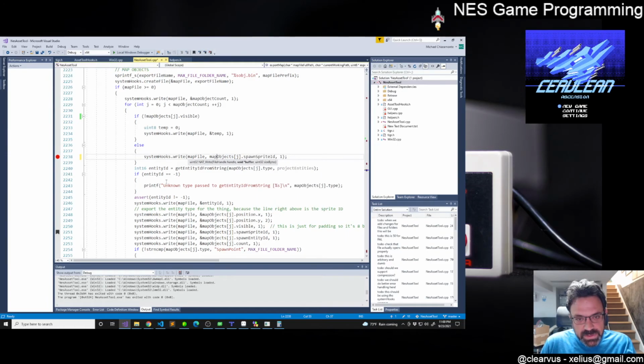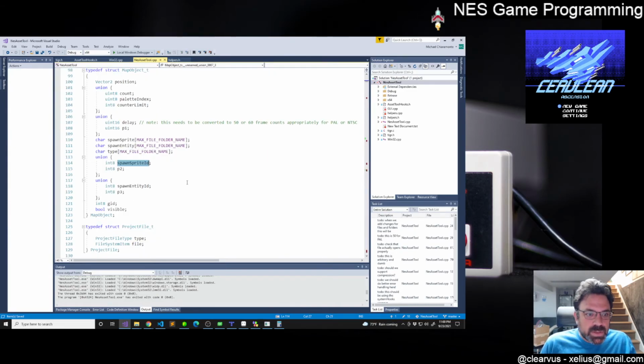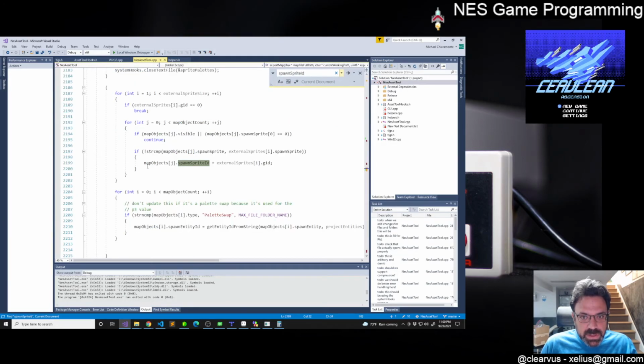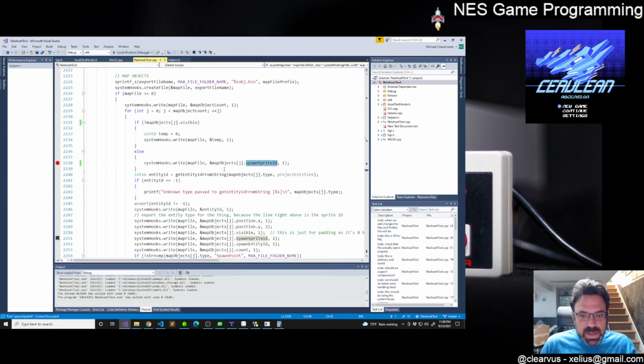So we'll say just use that. It'll be doubled because we also write it later on for if it were a spawn point, but that's okay. The real question becomes, this is an integer, and where is this actually used? This is looking it up when it goes through the external sprites based on the string name of the thing. So